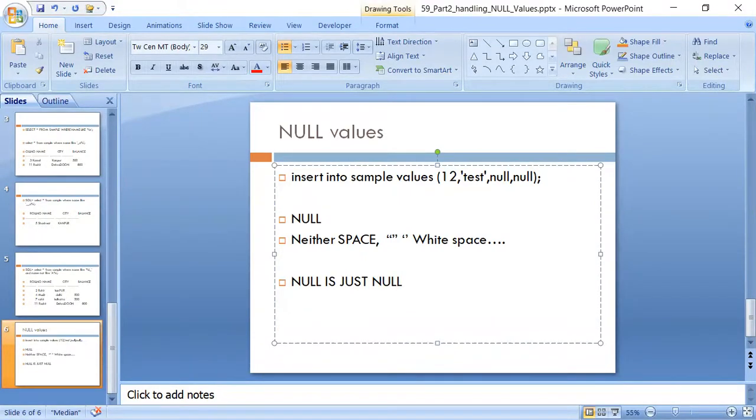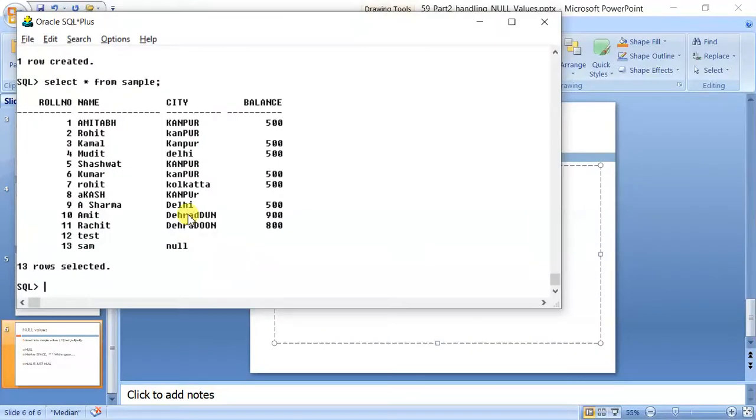Remember this thing. Sometimes a query might trouble you if you by chance inserted null as a space in a varchar column. It will not be displayed, but it will not be treated as null. I will cover that also, but first of all, let us focus on handling null.